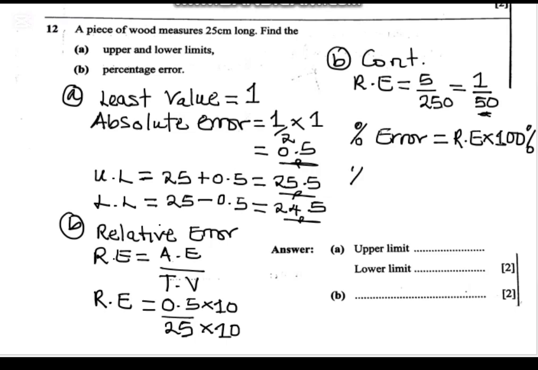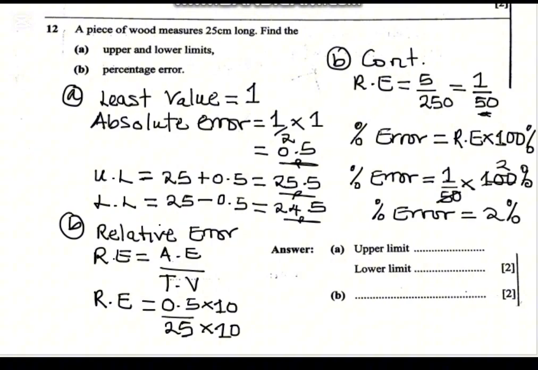So percentage error is going to equal to, on relative error, we've gotten 1 over 50. Then this times 100%. So 50 can go into 100. So 50 into 100, that's just simply 2. So the answer on percentage error is equal to